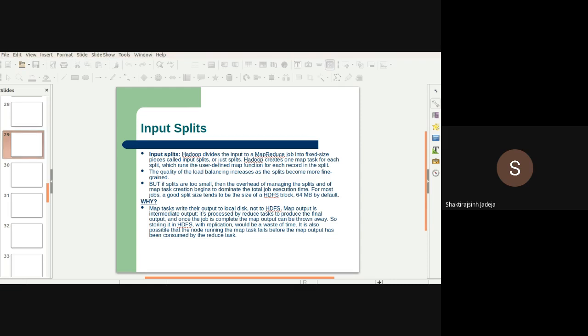Now, as we saw in previous slides, we are dividing the data that we have gathered from different systems, which we have integrated into a single system. Now, in input splits, Hadoop divides the input to a MapReduce job into fixed-size pieces called input splits, or just splits. Hadoop creates one map task for each split, which runs the user-defined map function for each record in the split.